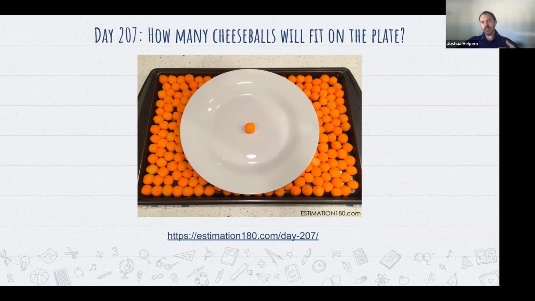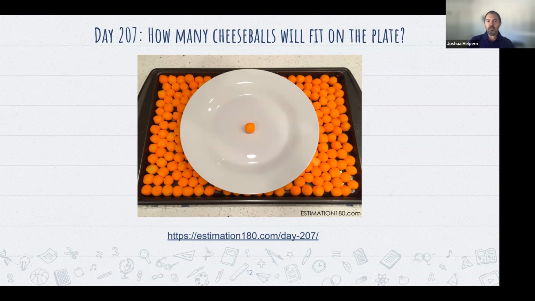So it's nice that he has these things and they have reference points, and he recommends that they might want to keep a record of their estimations, what day it is and what their high and low was and what their estimate was for day 206, so that they can then do that again for day 207, day 208, and they can keep using those reference points as you go through them. Or you can just give them a reminder of, hey, here's what we did yesterday. That might be a helpful starting point for us.